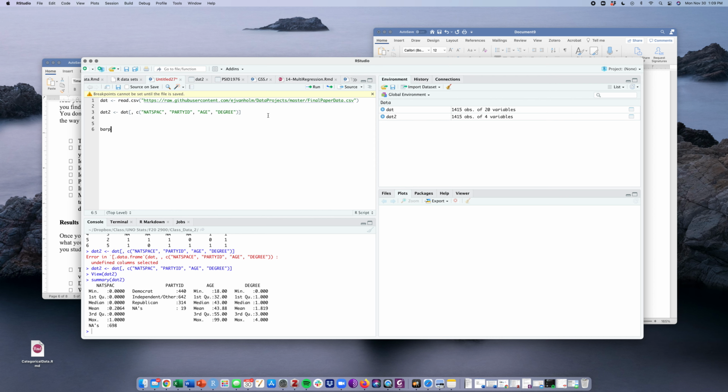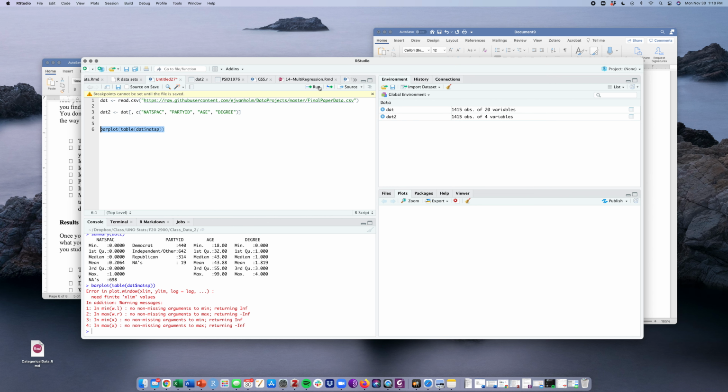And so I'm going to do a bar plot, and I want to do table. And I can either use dat or dat2. It's both the same in terms of making a bar plot for just my dependent variable. And so this is what the most basic